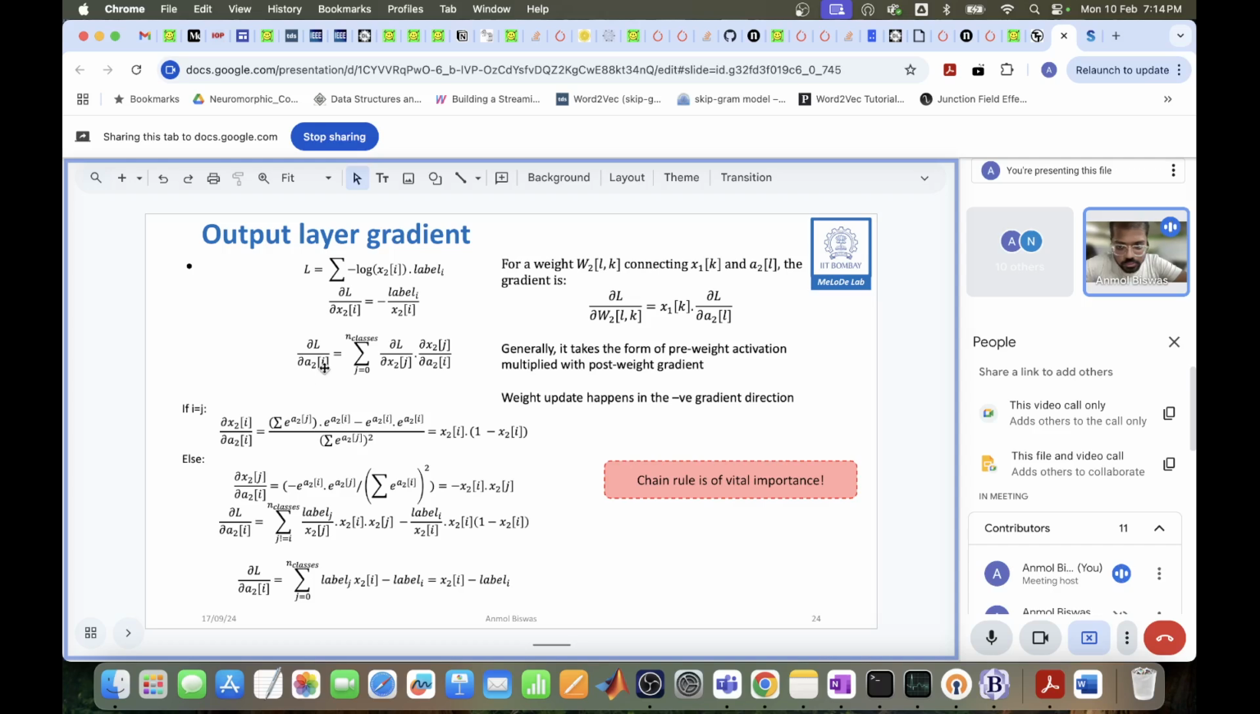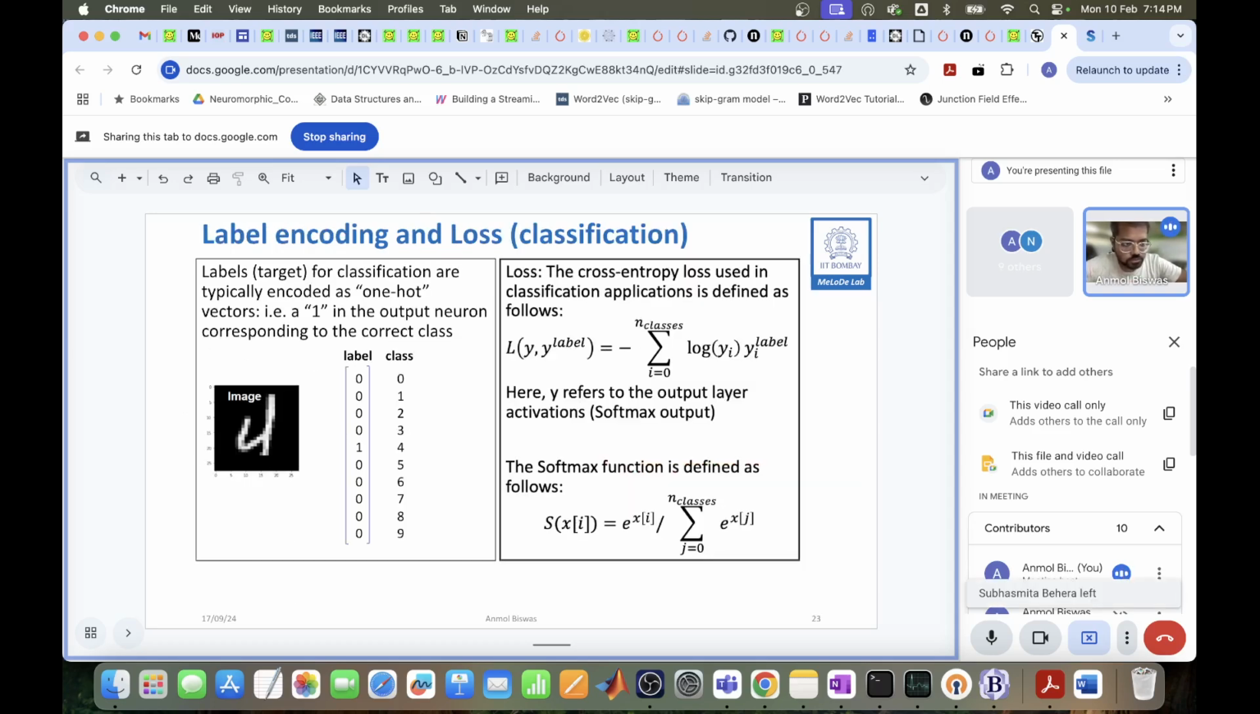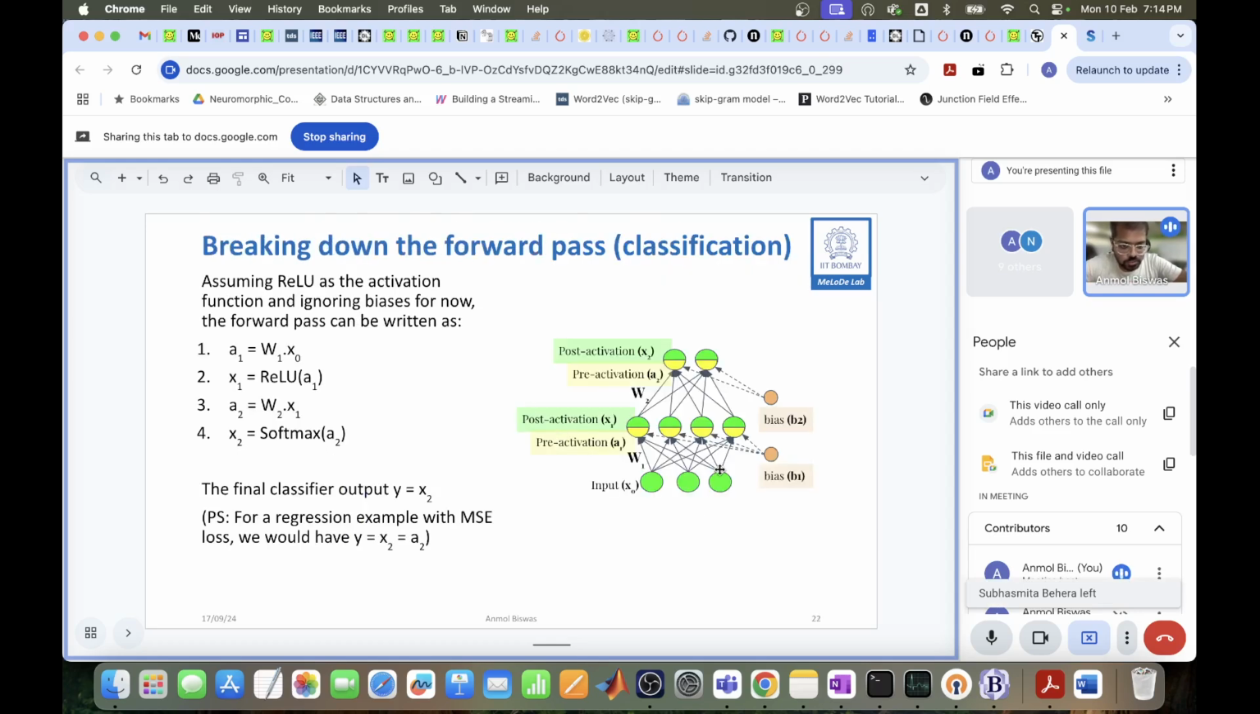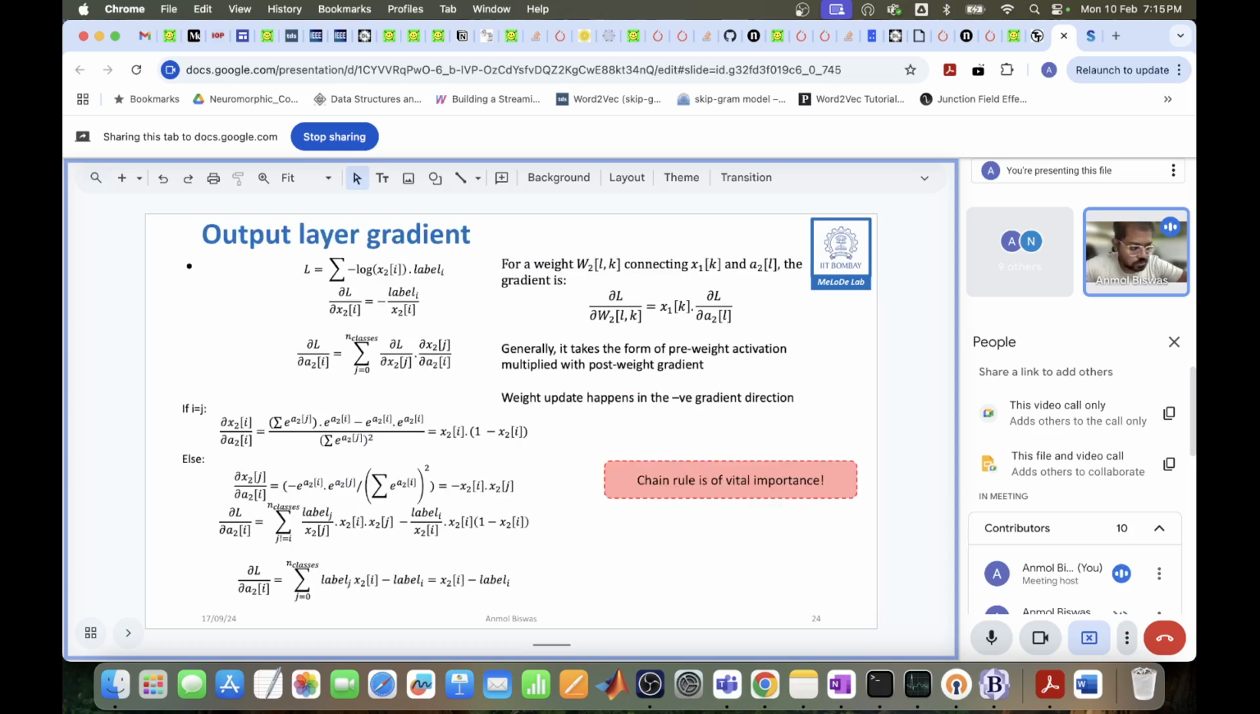So the next step, now that we have the gradient with respect to x2, is to get the gradient with respect to a2, right? And remember that when you're doing forward computation, you're going step by step in this direction, from here to here, you get a1, x1, a2, x2. When you're doing backward computation, you're going in the reverse direction. So you compute the gradient with respect to x2 first, then the gradient with respect to a2, and so on and so forth. So the gradient with respect to a2 of i